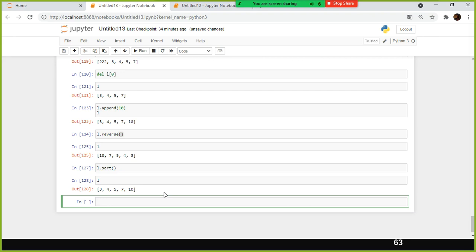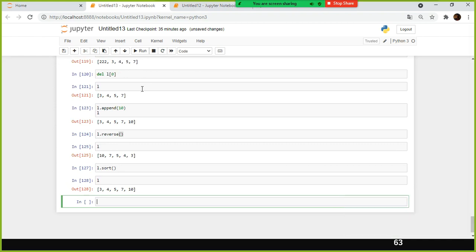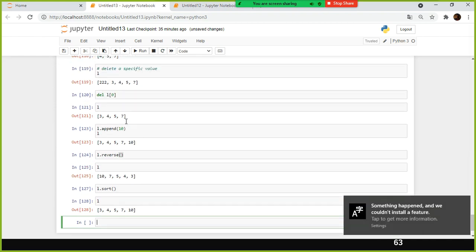If we want to again remove this 4, should we consider the older one, whatever we gave in line 119, or will the system consider 121? Which one will it consider? We have already deleted 2, 2, so that is already out. That is already out. Okay.